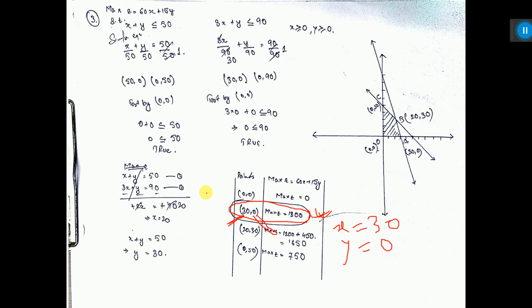So this is how to solve a linear programming problem. In the first few problems I showed how to find the feasible region. Why? Because our solution will be only in the corners of the feasible region. Now in this sum I have shown how to solve the linear programming problem. Since this is a maximizing problem, we are taking the maximum value here. Similarly, if the question asks for the minimum value of z, then we have to take the minimum value here. Whichever value is minimum, the corresponding point will be the solution. But here, this is the solution.